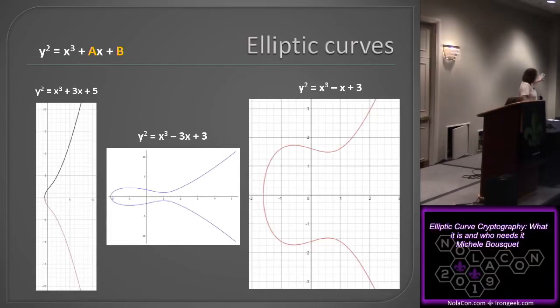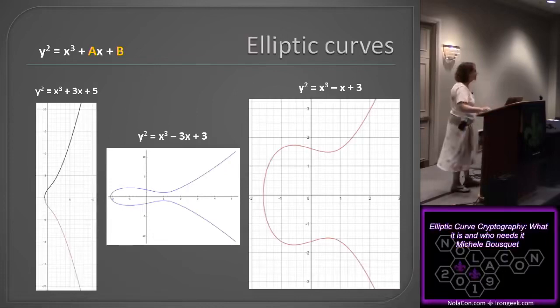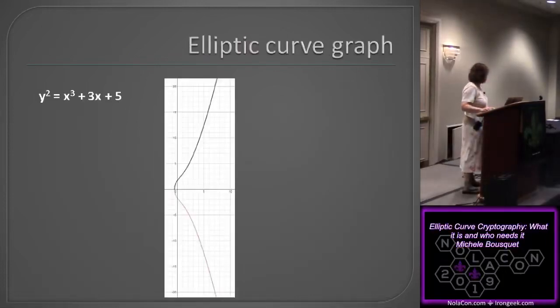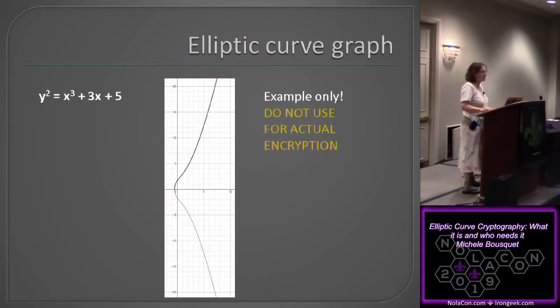These are really pretty looking ones that are easy to see, and the numbers are very small. The constants are very small. We got 3s and 5s. There's some pretty intense formulas for these, but they all follow that. And we're going to just look at a really, really simple one today to get the concept of how these are useful in cryptography.